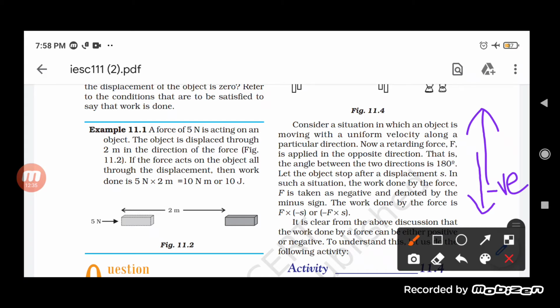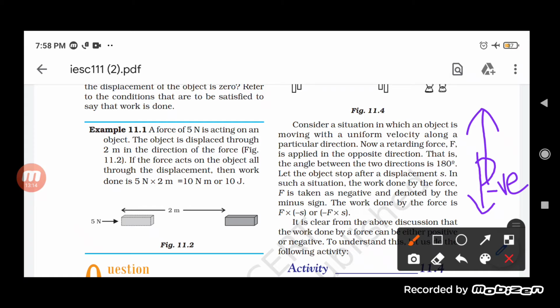Now, when you try to find the angle between these two, the force and the displacement, you will find the angle between them is what? It is 180 degree. So let us try to understand this first: here the force is in the opposite direction and the movement of the ball is in the upward direction. So a retarding force is acting on it. So a retarding force is what? Making it a negative force. Okay, so here the work done on the object is supposed to be negative work done, not a positive work done.